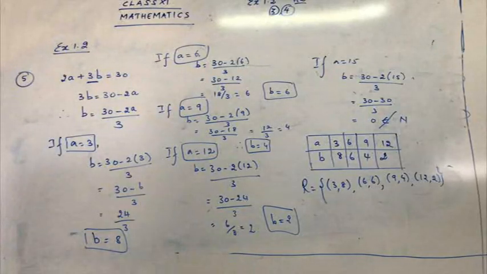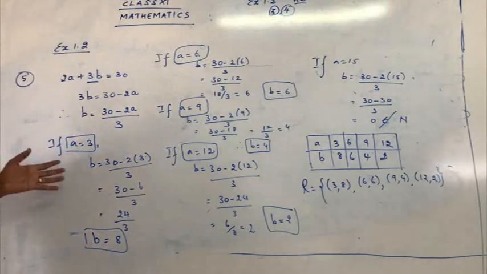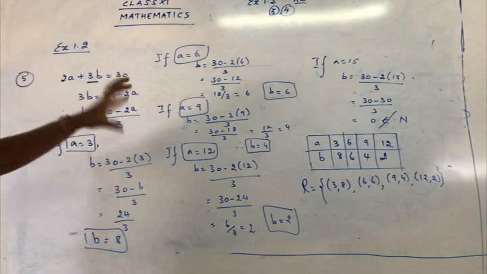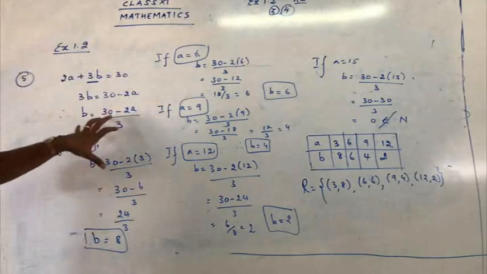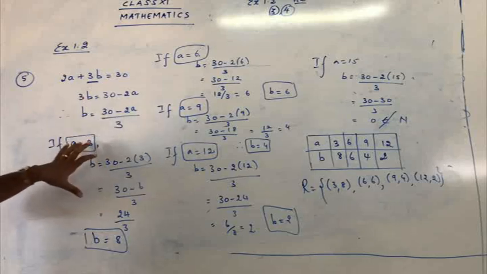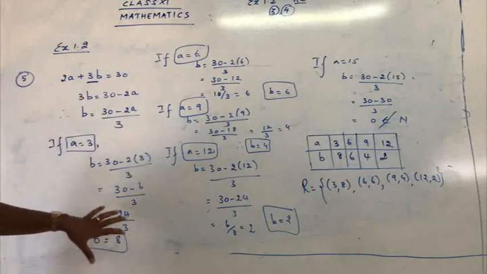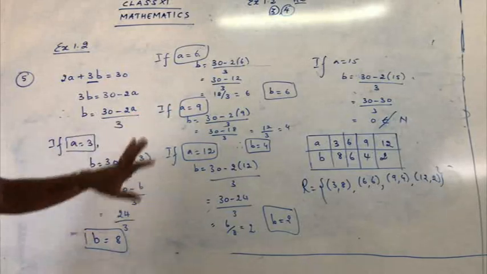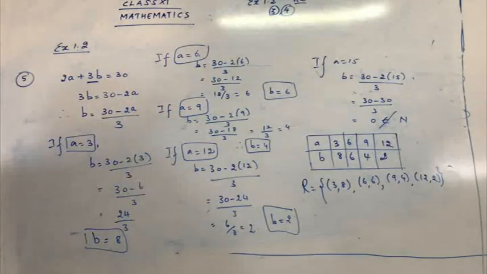Whenever you do the sum, just check for one. Don't just go on taking A equal to 4, A equal to 5, A equal to 7, because we have already checked the first part. We have taken A as 1, we have taken A as 2, yes? When we have taken A as 3, we get the answer in terms of natural numbers. So just go on choosing the multiples of 3 and try to fill the table.